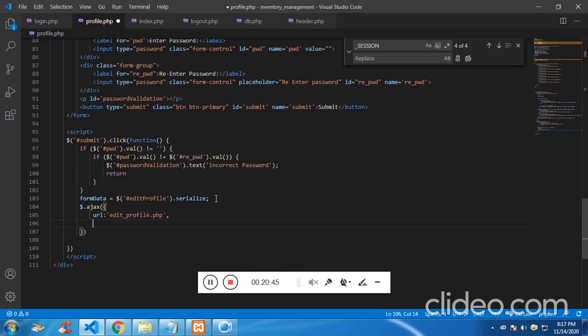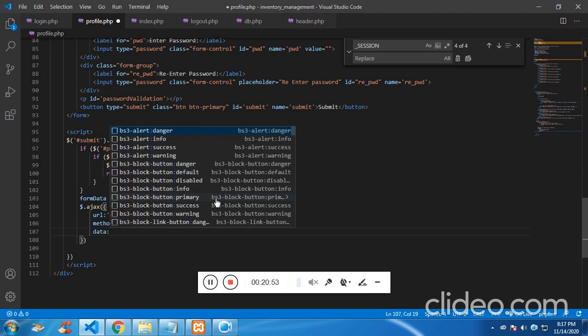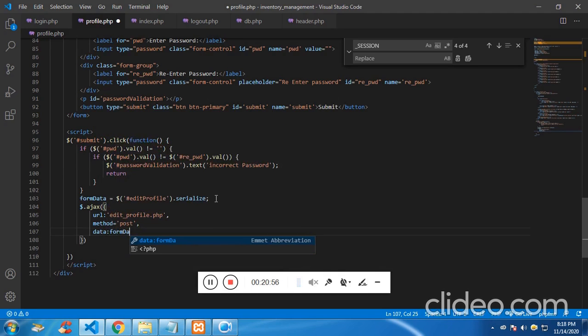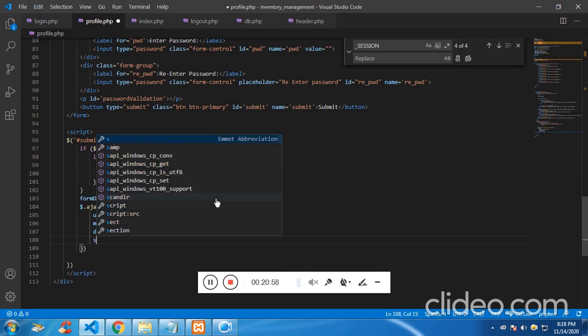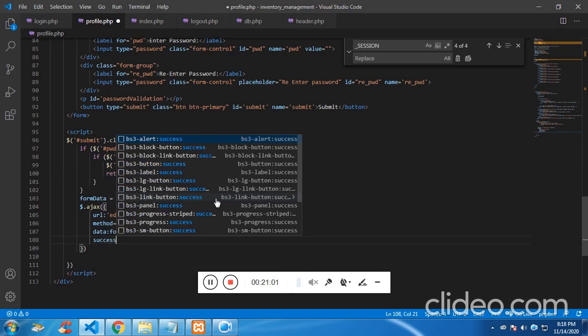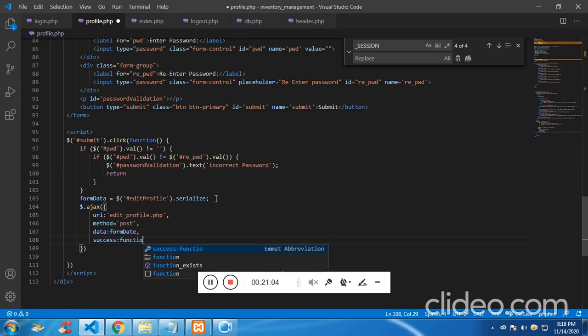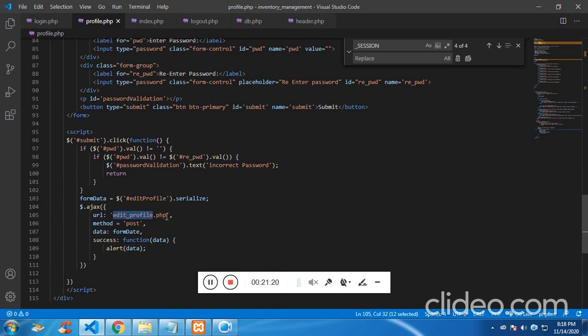We'll be creating it now, and the method is post, and the data we are going to pass is form data, and the success function will display whatever is getting returned from the edit.php file. I'll just alert it just to show. So whatever it is going to return, we can get it in the alert. So let's create this,